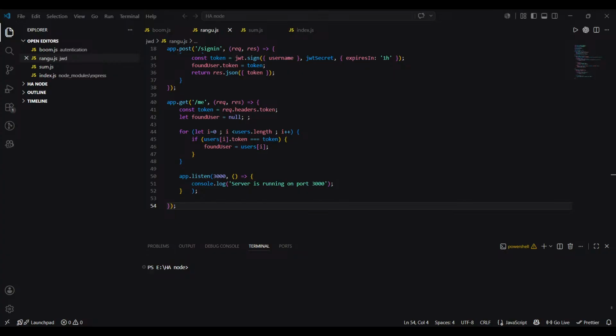JWTs are stateless. JWTs contain all the information needed to authenticate a request so that the server does not need to store session data. We will not need to store this information that we were storing in the /sign-in endpoint in this found user.token. We will not have to store data over here in the sign-in endpoint. Right now, the sign-in endpoint updates the user's